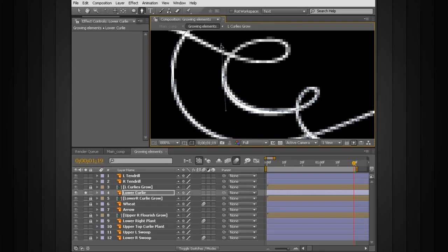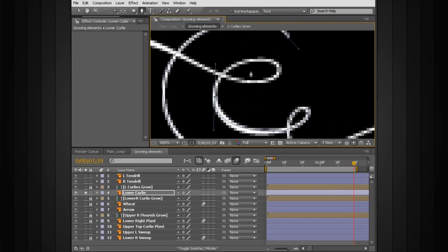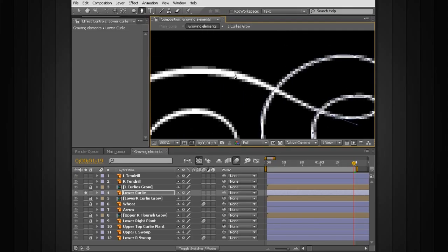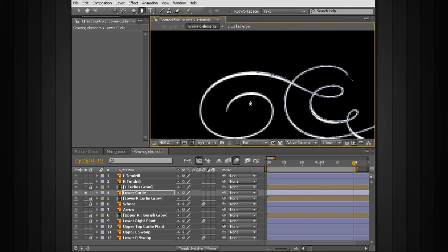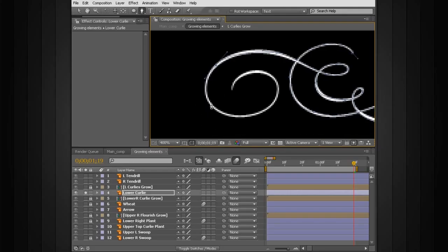So feel free to take your time. I'm kind of moving through this a little quickly because we've been watching curve drawing for the last few lessons, so I'm sure by this point you're tired of seeing it. So I'm going to try to get through it as quickly as possible so we can get back to the interesting stuff. We're almost done here, and once we finish this off,